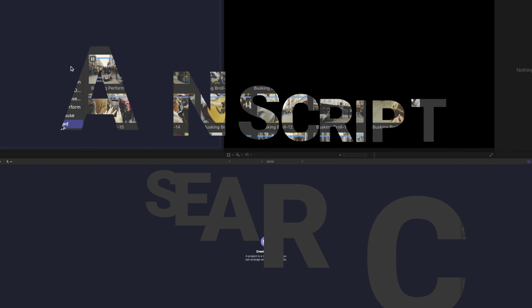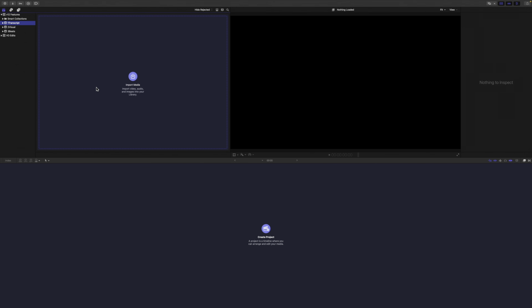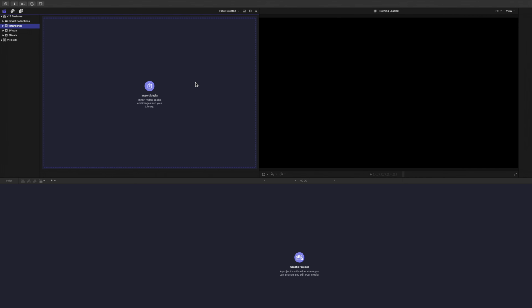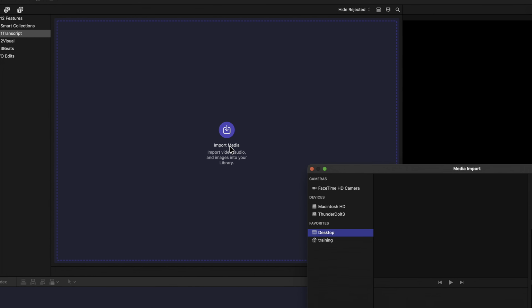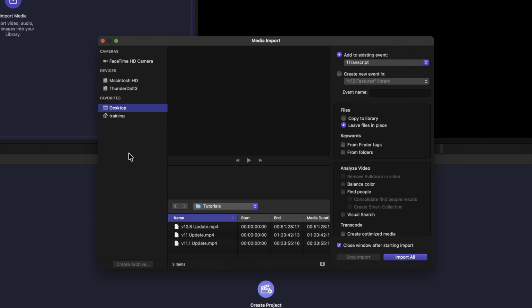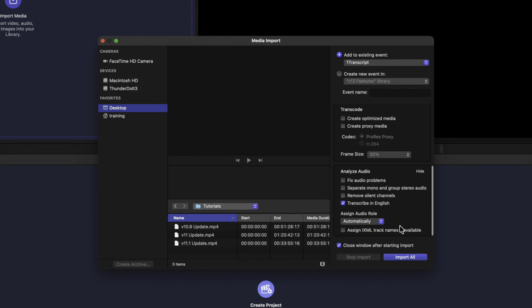And with that, let's take a closer look at Transcript Search. This uses AI to automatically transcribe imported clips and allows you to search through spoken dialogue using natural language. Depending on whether you're importing new footage or working with an existing library, there are a couple of different ways to access this. Starting with new imports, if I click the Import button or simply press Command-I, the usual import window opens. If I scroll down in the sidebar to the Analyze Audio section, I can see a new checkbox